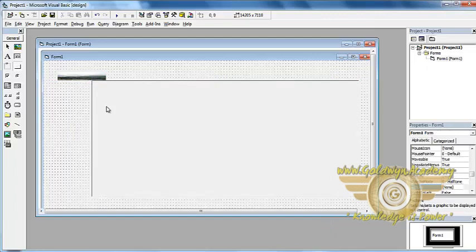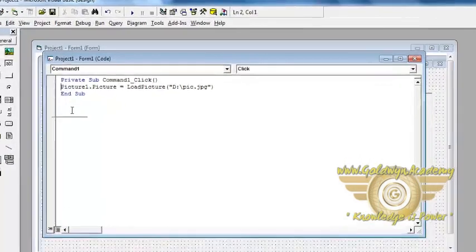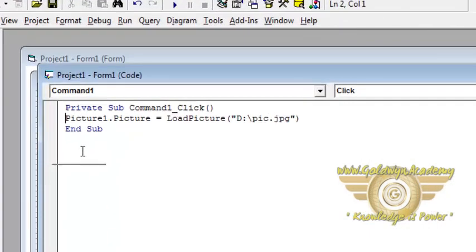Then double click on the command button to put a command button here. And then on the click event of the command button,